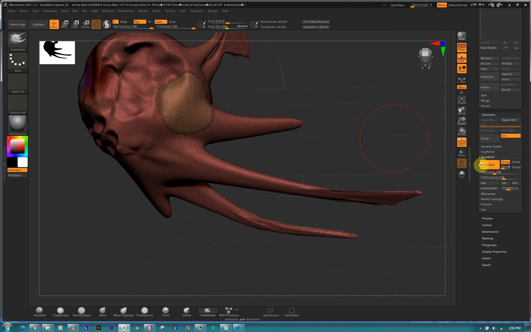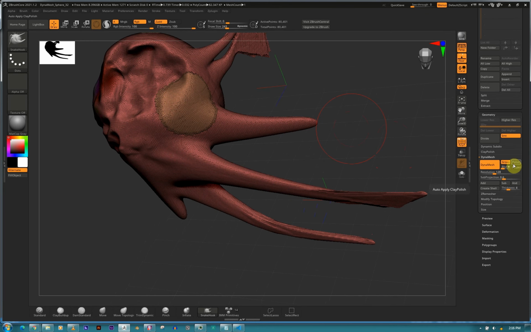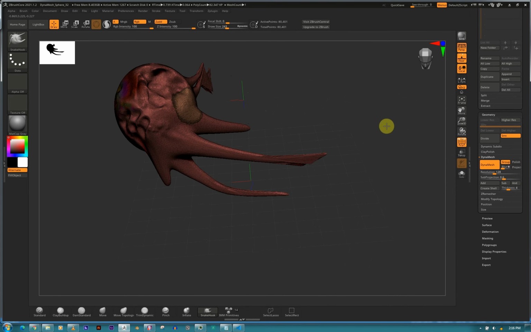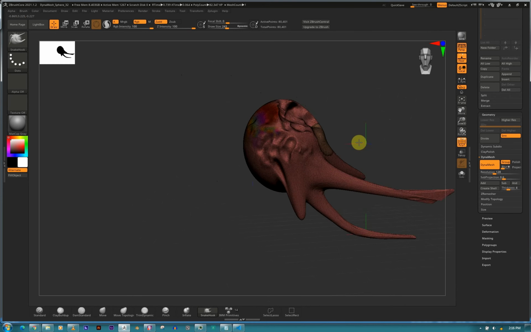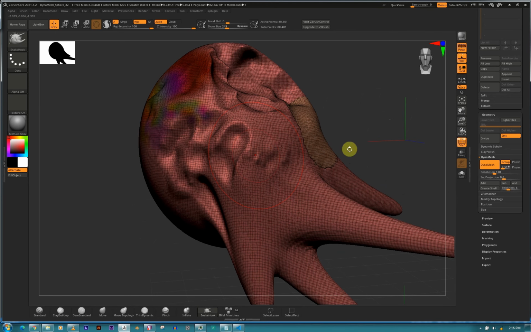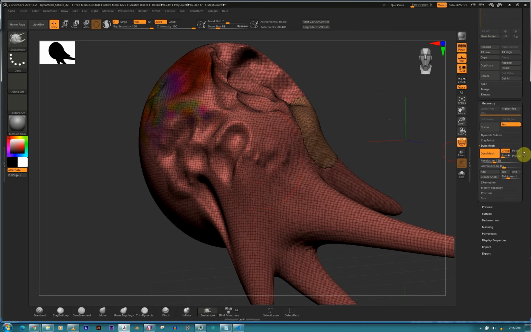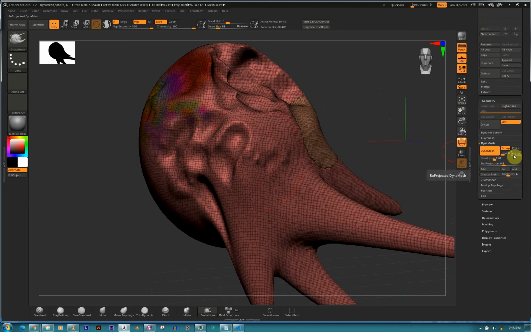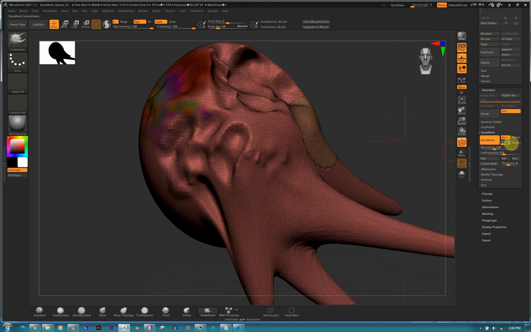Okay, blur. You can just turn this off. Projected basically reprojects your details. If you started your sculpt and you want to switch to DynaMesh and you're afraid to lose those details, just turn this project on. But it's going to take way longer